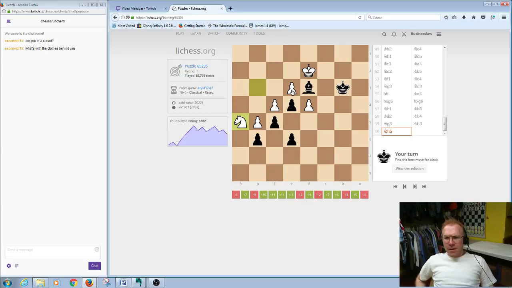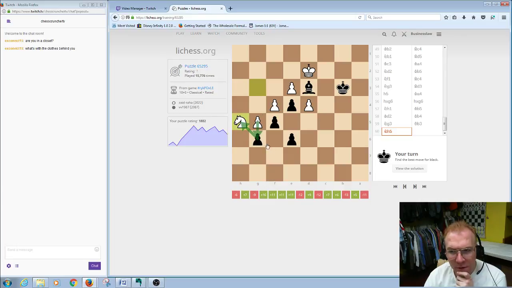Okay, let's see, what do we got here, guys? Let's see if we play pawn. This, let's not calculate. Let's just take a look. Okay. Pawn takes, right? He's going to play here. Then what we're going to have to do is...